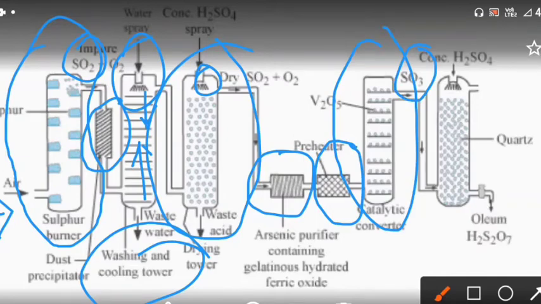The sulfur trioxide gas is then passed through the next tower. There sulfuric acid is sprayed from the top. So the sulfur trioxide gas mixes with the sulfuric acid, and we are getting oleum. The oleum thus formed, when dissolved in a calculated quantity of water, gives concentrated sulfuric acid. The sulfuric acid thus produced in the contact process is around 96 to 98% pure.